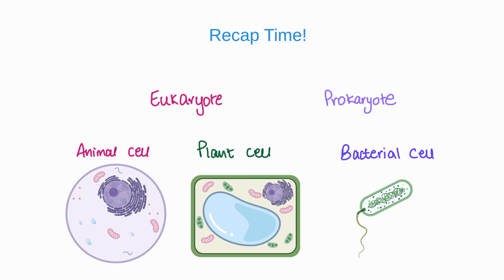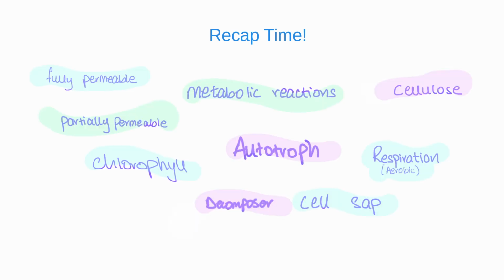Okay, so quick recap of this lesson. We've talked about different types of cells, their structures, the functions of those structures, and then a little bit about microscopes and magnification. So the cells that we spoke about were the eukaryotic cells or the animal and plant cells, and then the prokaryotic cells, which were the bacterial cells. We discussed some of their similarities and their differences and how they're adapted to function differently. During this time, you also learned a few key words that I highlighted here and there, which you're going to be hearing a lot more of in your biology lessons.